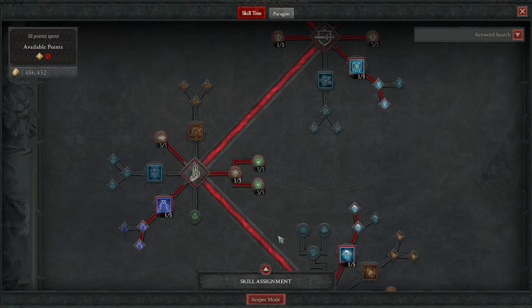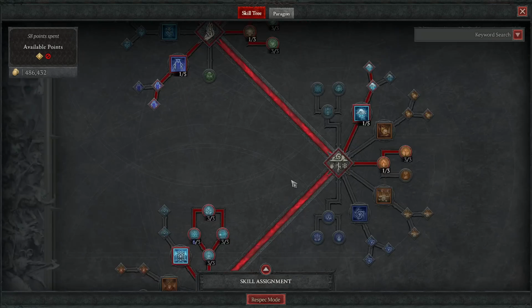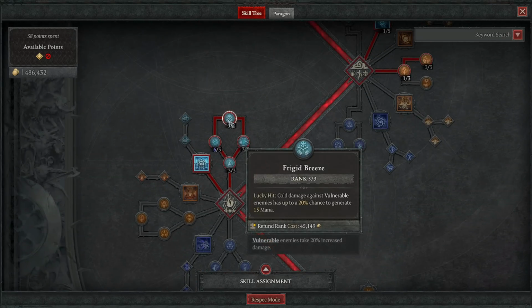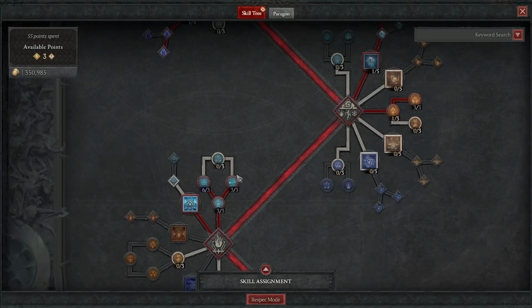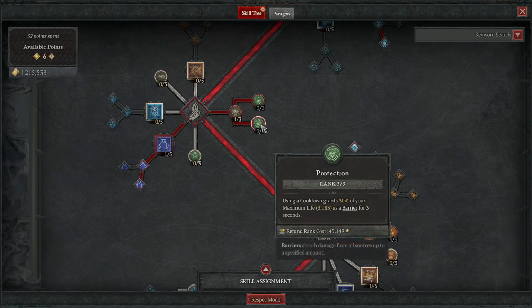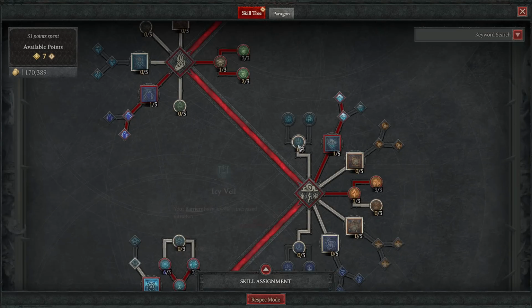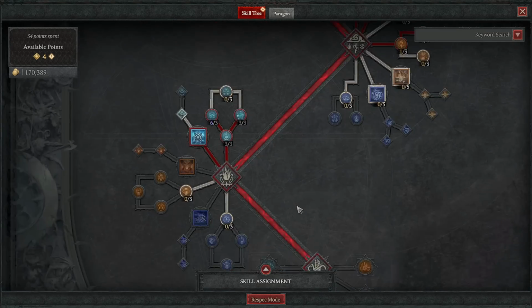So what I would do, and what I do actually run with, and would recommend you do this swap too, once your gear is good enough that you primarily don't need this to help with your mana retention, well, get rid of Frigid Breeze, and then because of that, we don't really need the extra lucky hit, honestly, so we can get rid of Precision, and then we can also take a point out of Protection, as 2 out of 3 is more than enough. At that point, we can get full Icy Veil for 24% longer barriers, which is very nice,